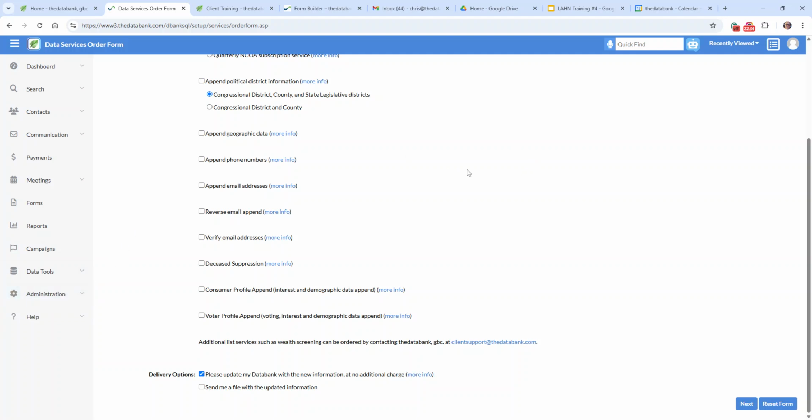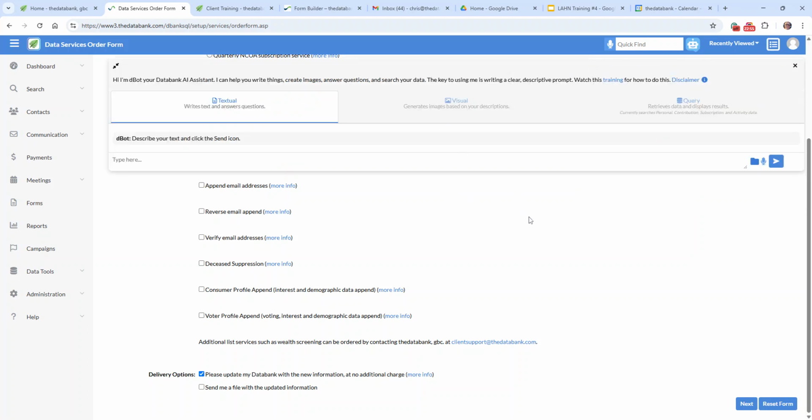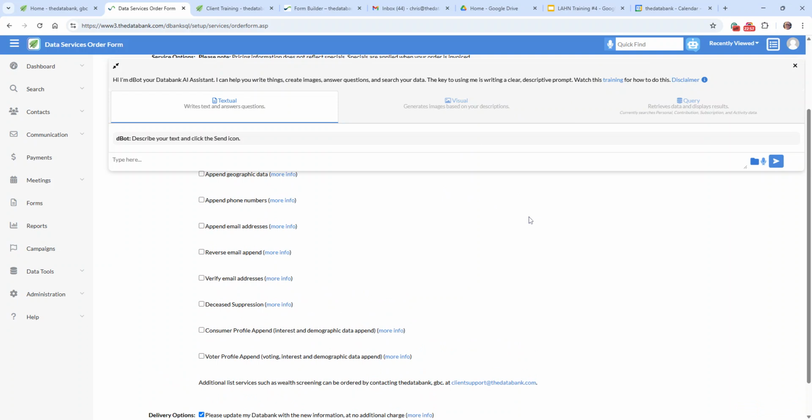All right, so there we've covered forms, some of the data tools, some of the administrative stuff. The last thing I want to do here is talk a bit more about dBot. I mentioned this when I was talking about PowerMail and the communication tools, but this little icon up here is dBot. dBot is our AI assistant that we've built within the data bank. It's using